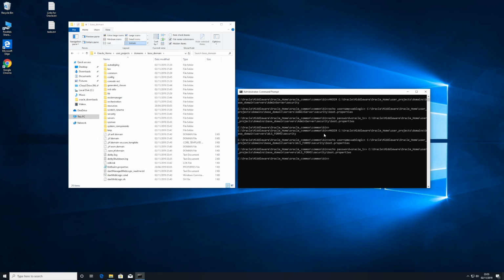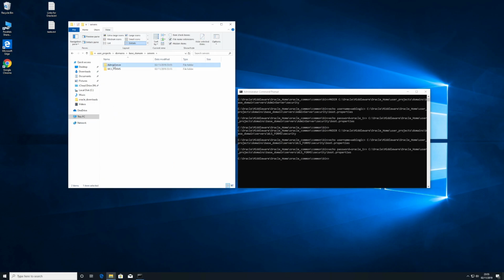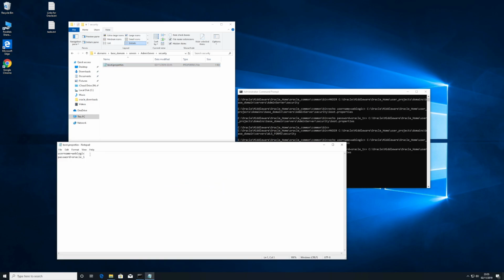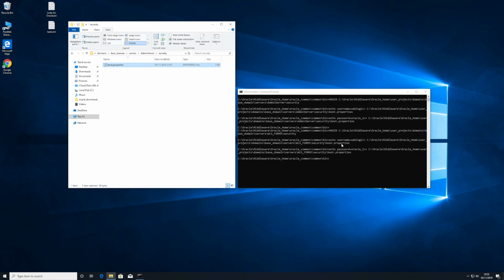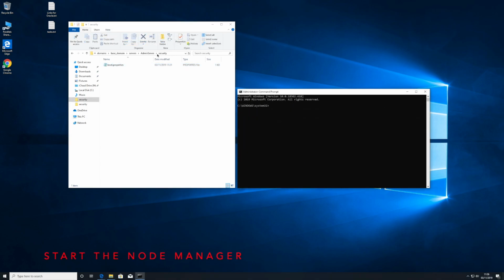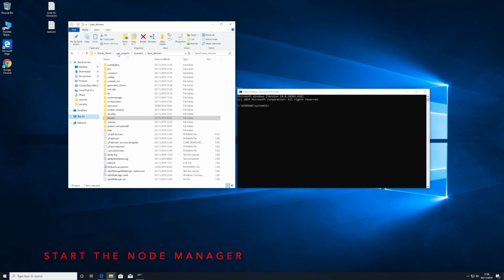And now we need to navigate to the servers directory, to admin server, to security, and let's look at the boot properties. There should be no space at the end of these lines. And now on the directory path, click on the base domain part. Navigate to bin